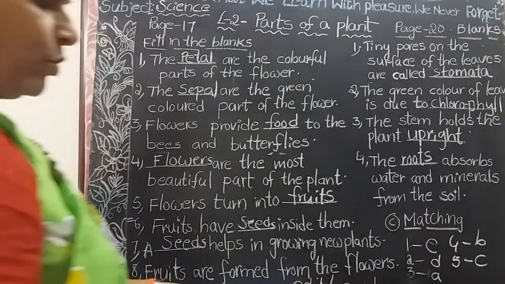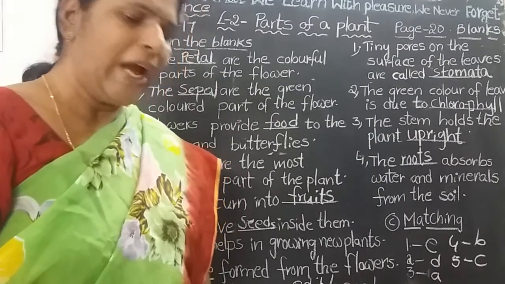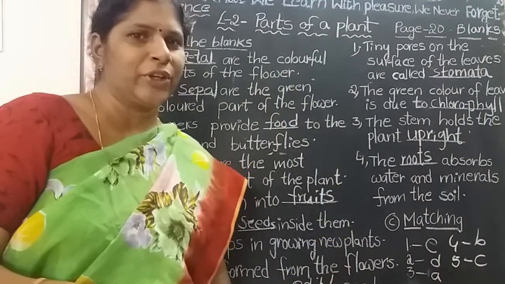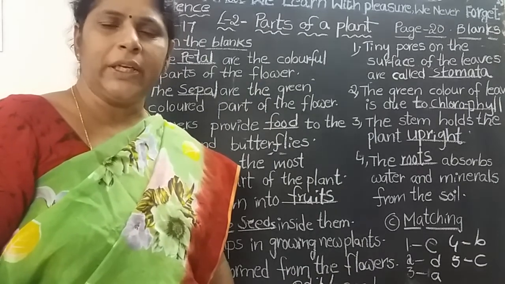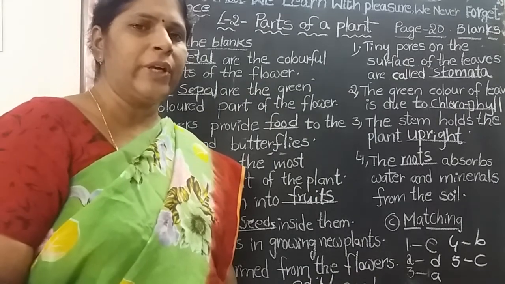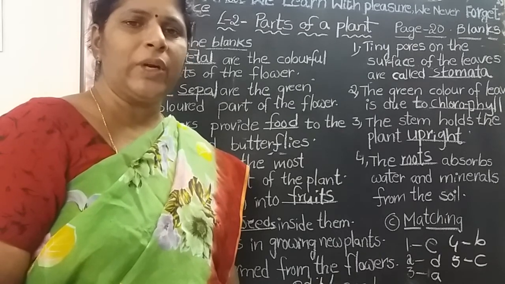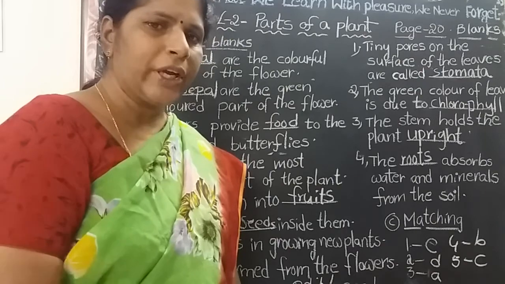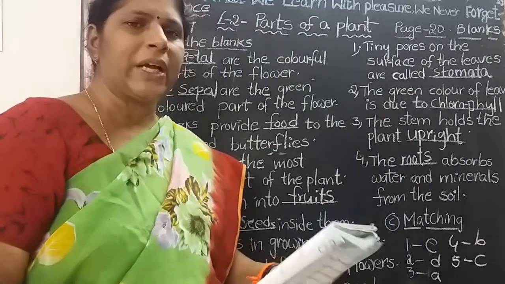If you have the textbook, you have to read the textbook today. If you don't have the textbook, you have to take a screenshot. Okay, children, take a photo from the board. Is it clear? Tomorrow I will tell you the next lesson, the third lesson. You have to read one and two lessons, question and answers. You have to read blanks and true or false from the textbook.